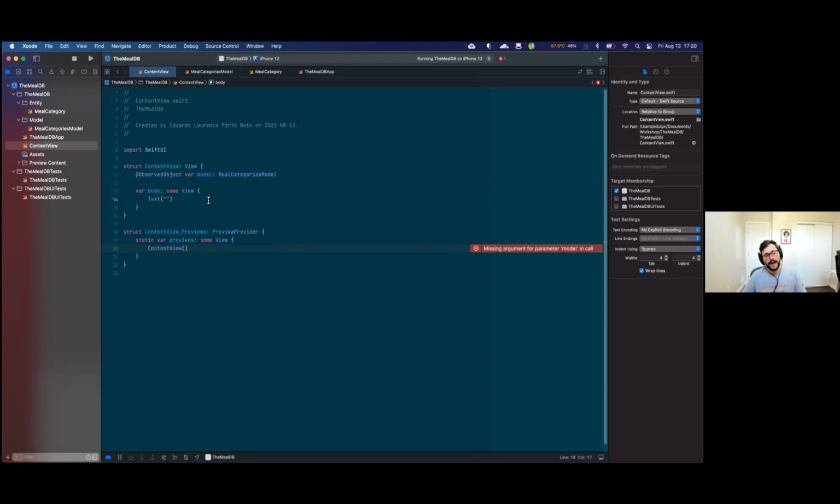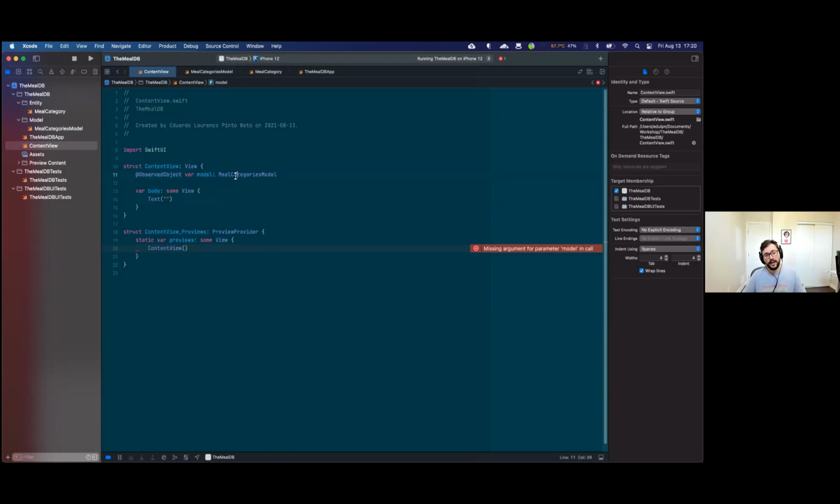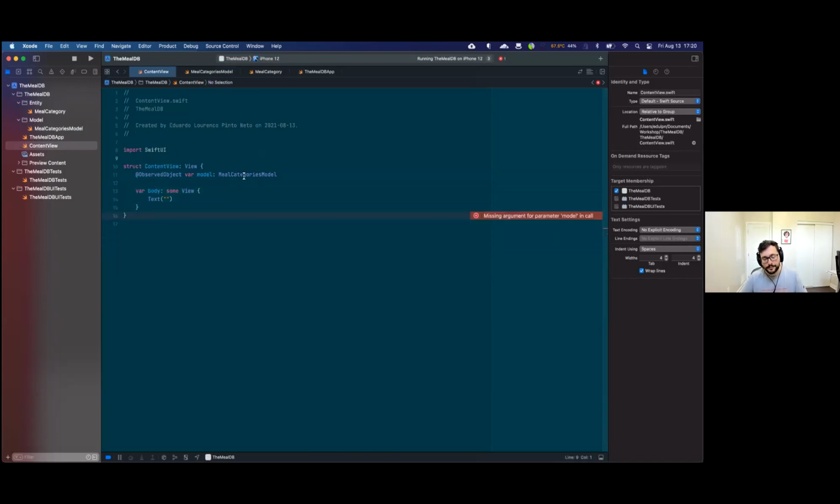So here we're saying that this is an observable object, and here we say that we're observing it on our application. Let's forget our previews for now. It's missing the model here, but we'll see to that. And what we do is